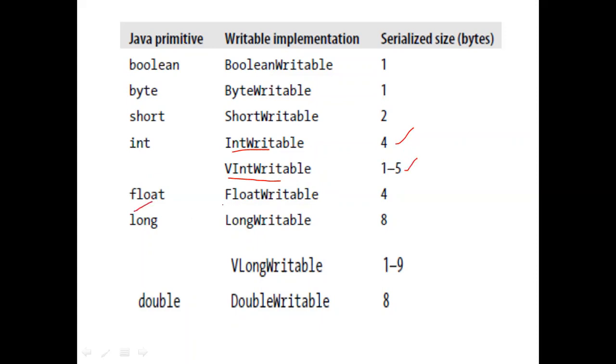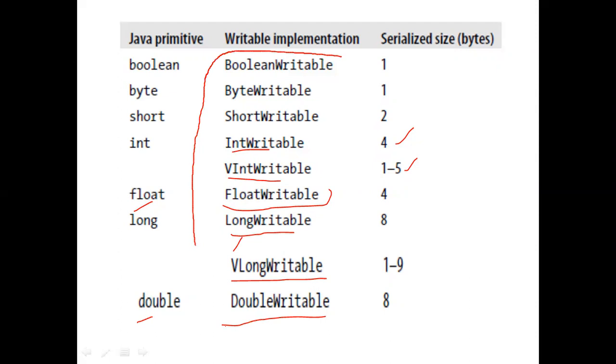Next, for float, FloatWritable is the class available. For long, the wrapper class available is LongWritable and VLongWritable, where V stands for variable. For double, we have DoubleWritable. The second column is the writable wrapper classes available for each Java primitive data type.